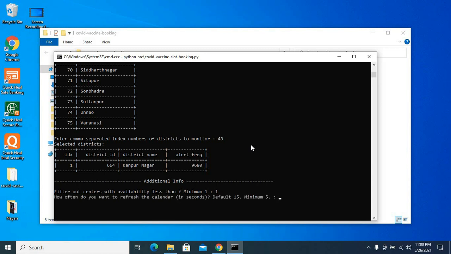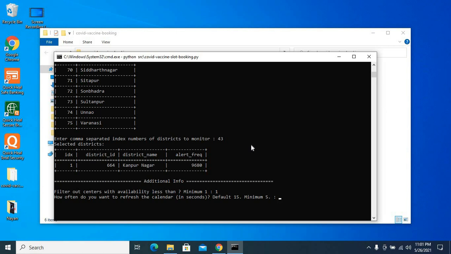Now this is the main part. It is asking for the time duration for which the request is to be made to the CoWIN portal. For example, if I enter 10, then every 10 seconds a request will be made to the CoWIN portal and a scan would take place at every center in Kanpur Nagar for slot booking.